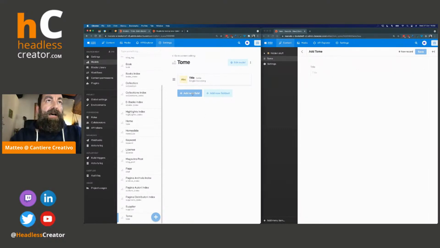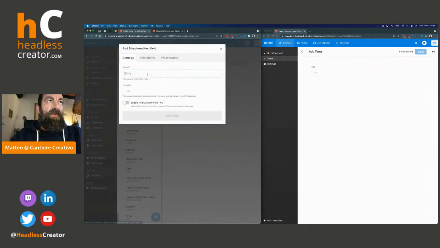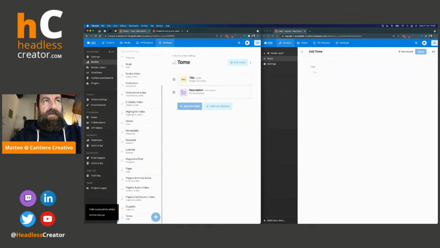Okay, let's say that I add a few of them. Maybe we have a description, and I added a structured text field for the description. I don't care about the details of this. And as you can see, as soon as I create a new field, you will see it here, and it's ready to